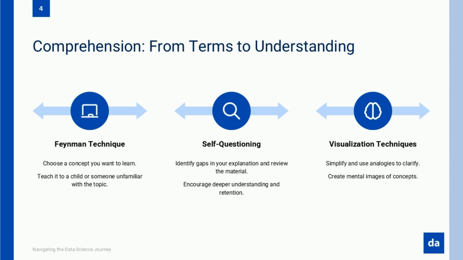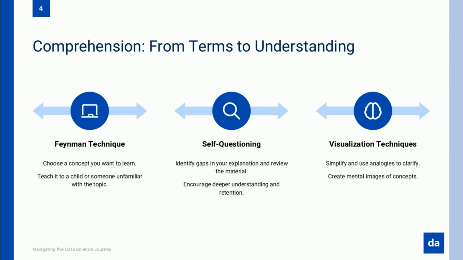Consider this example. When asked to define regression, a novice might correctly state, "It's a statistical method that examines relationships between variables." But when pressed to explain what that actually means or how to interpret regression output, they might stumble. They recognize the term but lack real understanding. True comprehension means you can explain the concept from multiple angles, identify its practical applications, and recognize its limitations. This distinction becomes especially important in statistics, where abstract concepts often hide behind familiar-sounding terms.